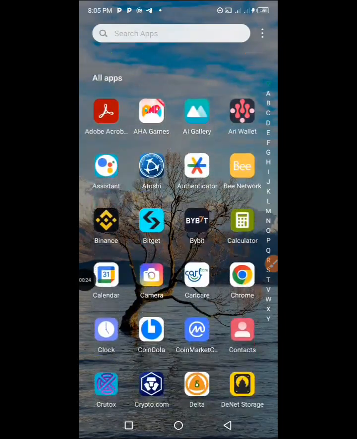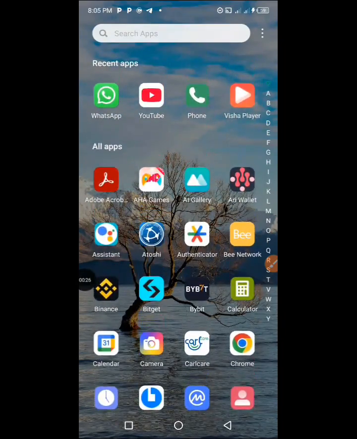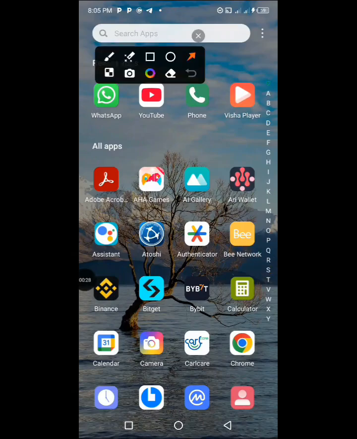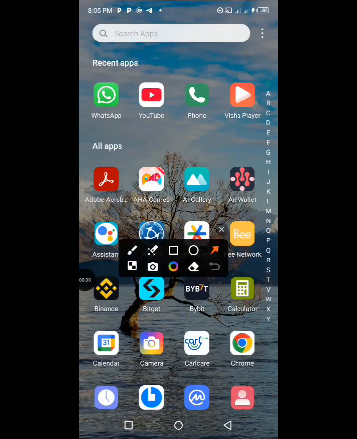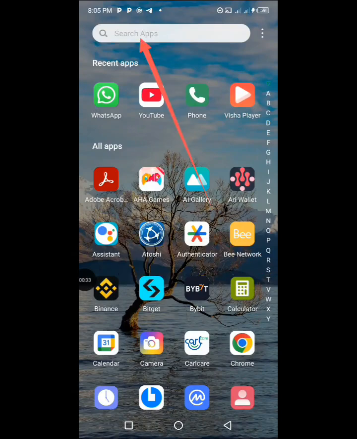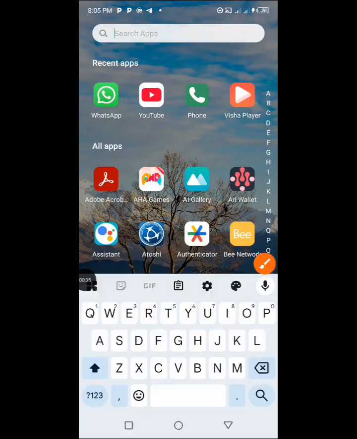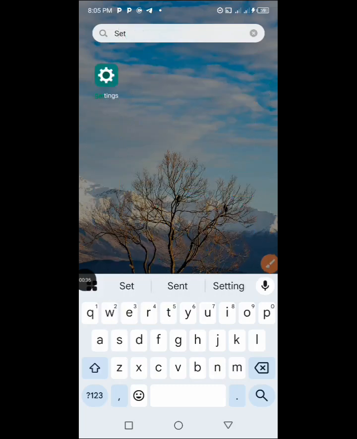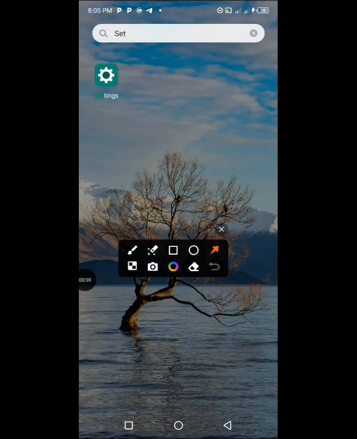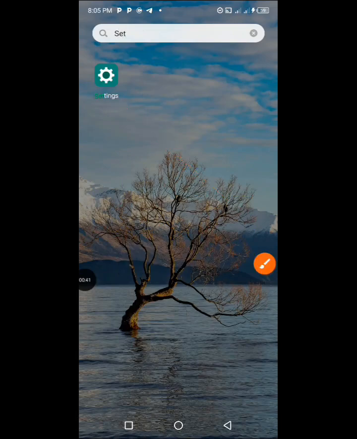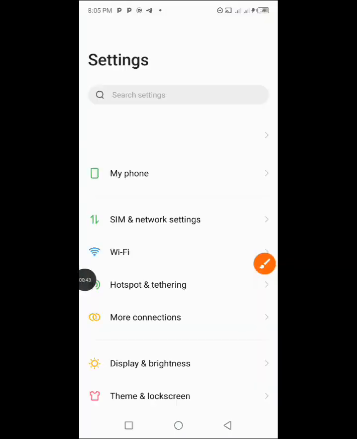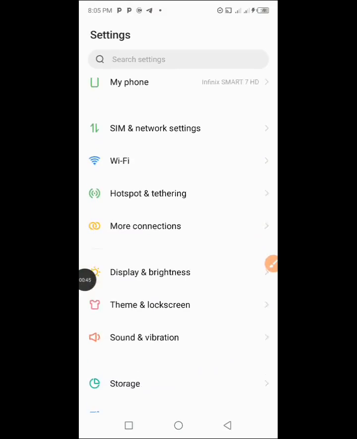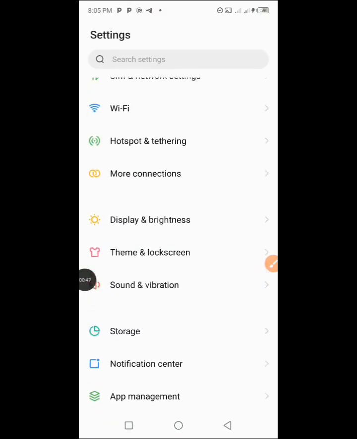So the first thing you have to do is to go to your settings. You can type settings right at the top here. As soon as you type that, it's going to load up this. Go ahead and click on settings here. And then as soon as you click on that, just scroll down to where you have